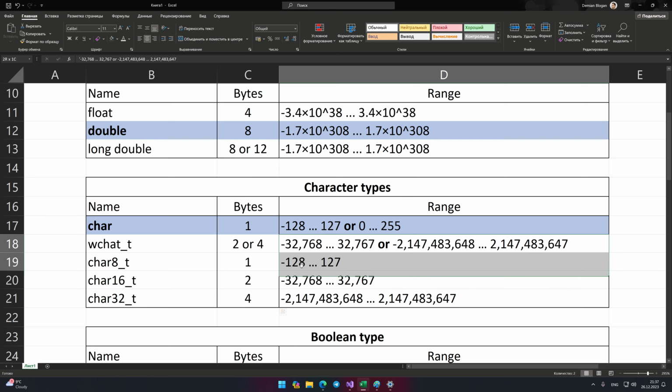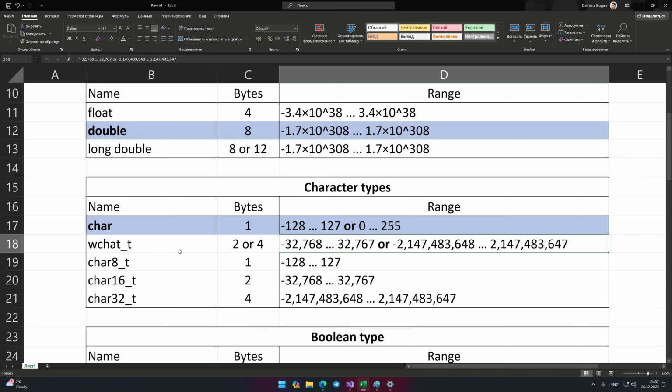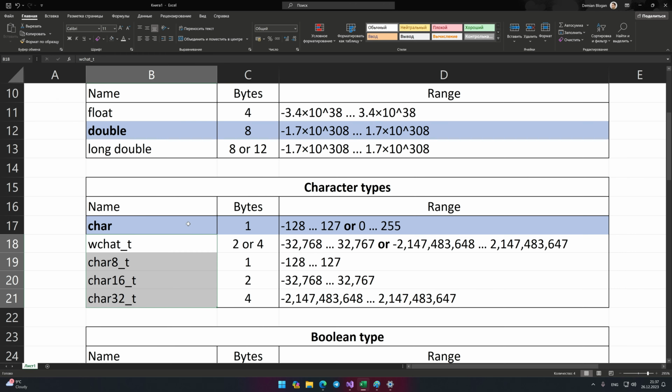There are different representations of the Unicode encoding called UTF-8, UTF-16, and UTF-32. If you need to store characters in data types that have a specific number of bytes, then choose these. In other cases, if you're writing a program that will support different languages, choose wchar_t. If you are writing programs in which only English will be used, choose char. I'll use it throughout the course.